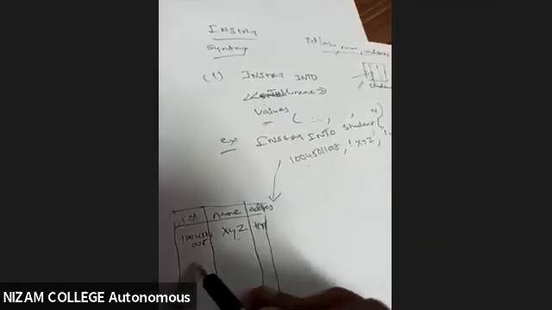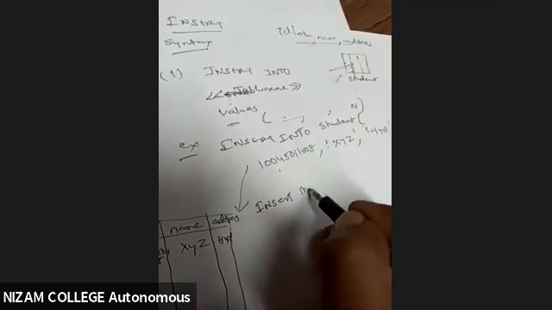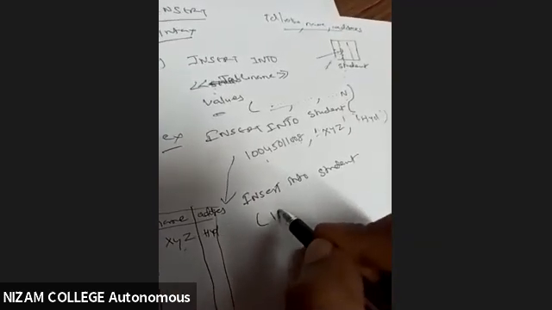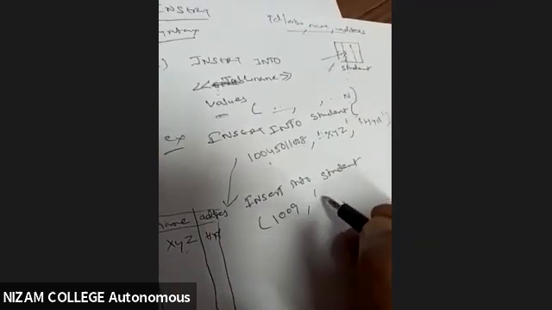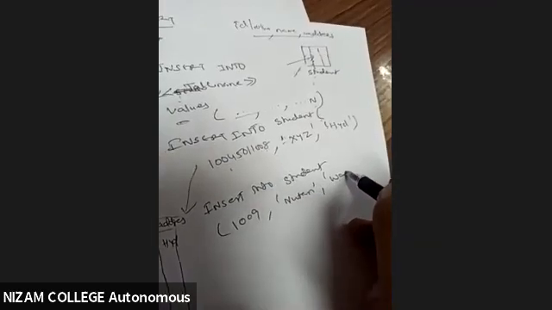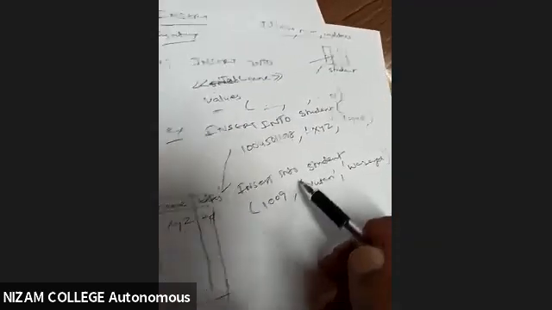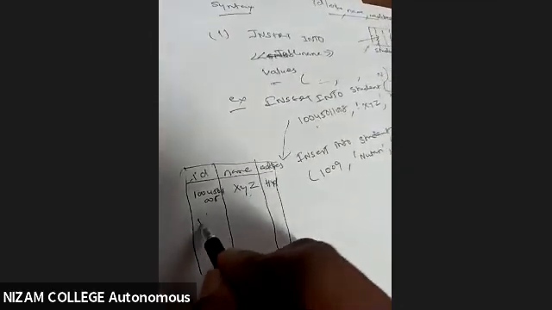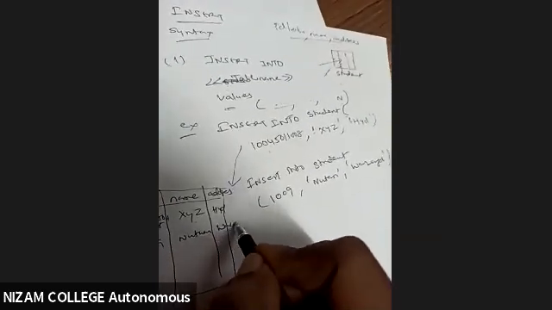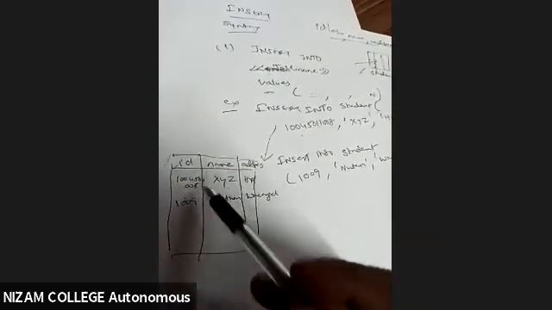Now suppose I want to go for another record, then again I have to type this. So I'll type like this again: insert into student, then roll number is 1009, something like this. The name is Nutan, and she is from Warangal. Then close it. Then again my record will be inserted like this. So 1009, name is Nutan, from Warangal. Like this, whenever I want to insert a new one.